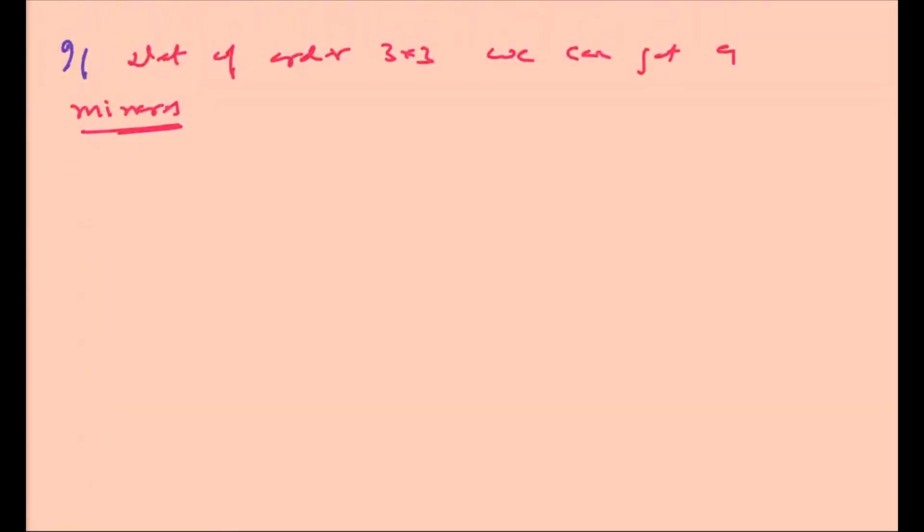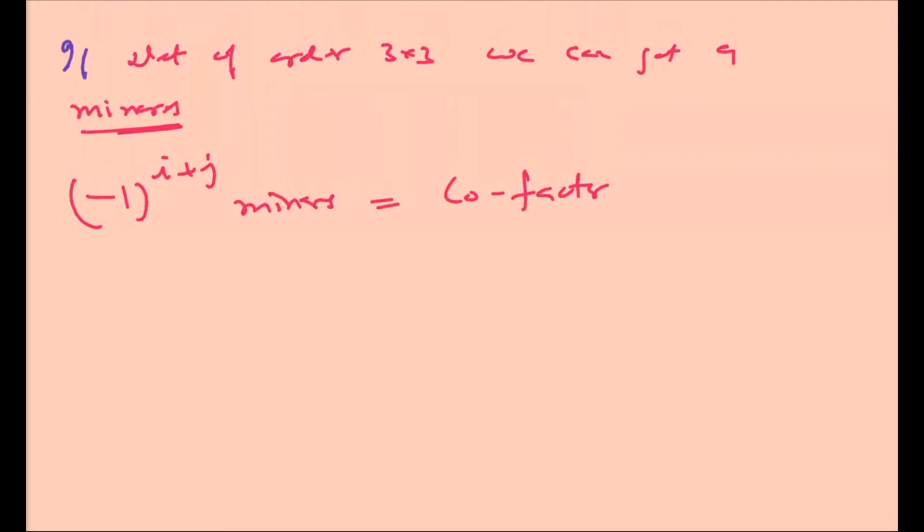Okay, this you have understood still here. So now if we use minus 1 to the power i plus j for each place with minors, then this is known as the cofactor, right? So with the help of the sign, if we multiply the minors, then we get the cofactor. Okay, student.